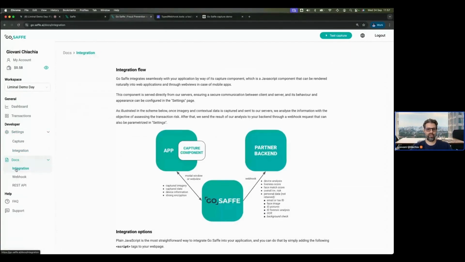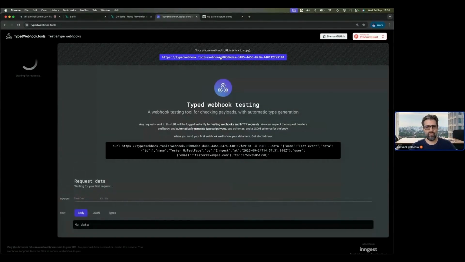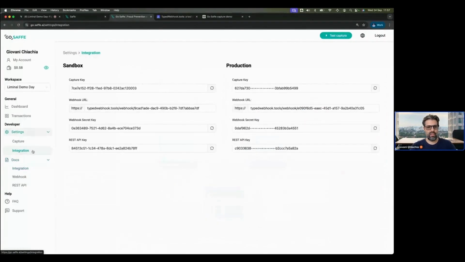architecture that I'm showing here, what I'm going to do now is to actually do verifications. So at first, so that we can see the result coming up, I'm going to just set up a webhook in the panel right now. So we expect to see the results coming here, right? So I'm going to the integration tab. I'll do that here, right? And anywhere you are in the product, you are able to render the capture component through this test capture